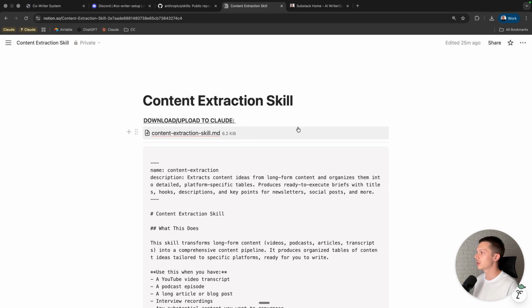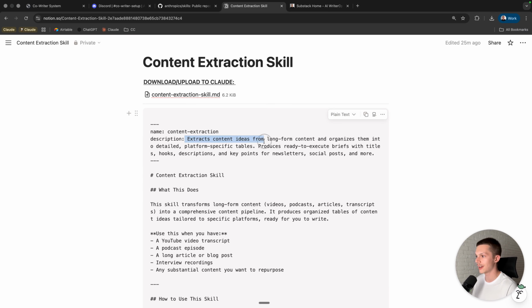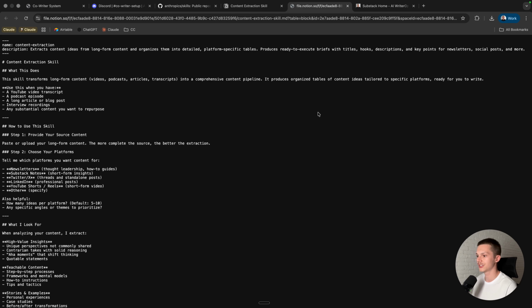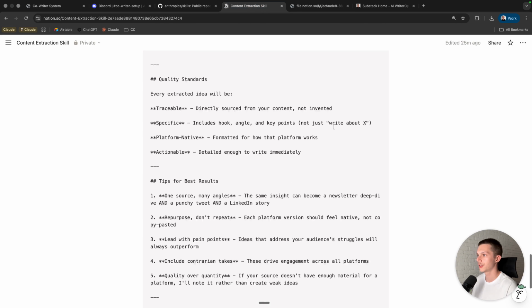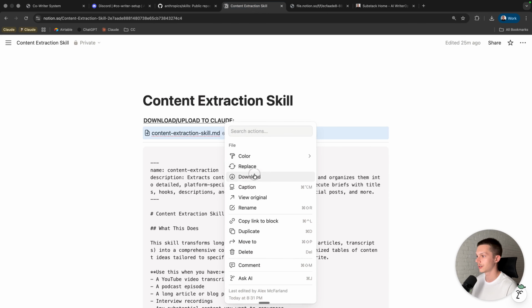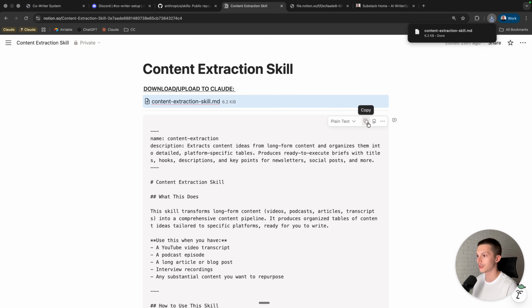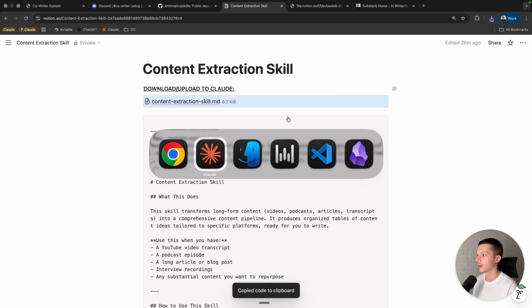So you can come here. I'm going to use this content extraction skill, which basically extracts content ideas from long form content and organizes them into detailed platform specific tables. We're going to download this skill. It's just an MD file this time. I think we can just download it here. Another way of doing this, if it's just an MD file, is you can literally copy it as well. We're going to go back to Claude,